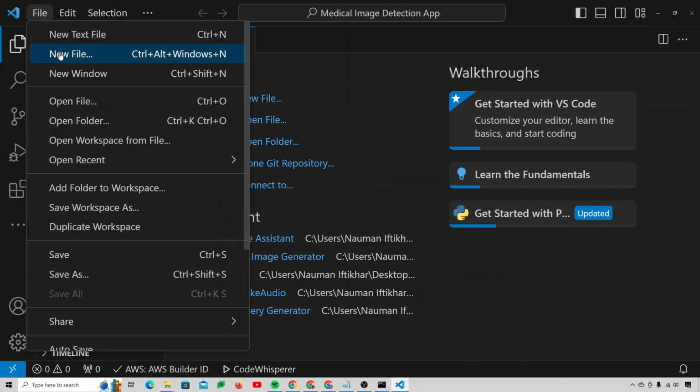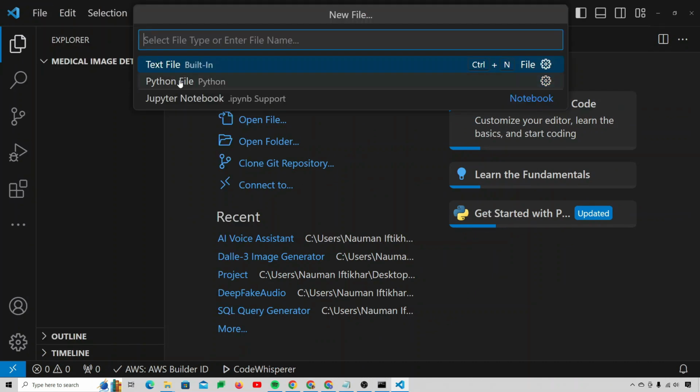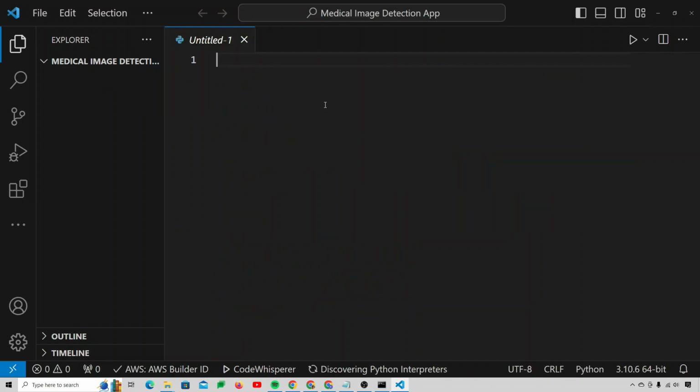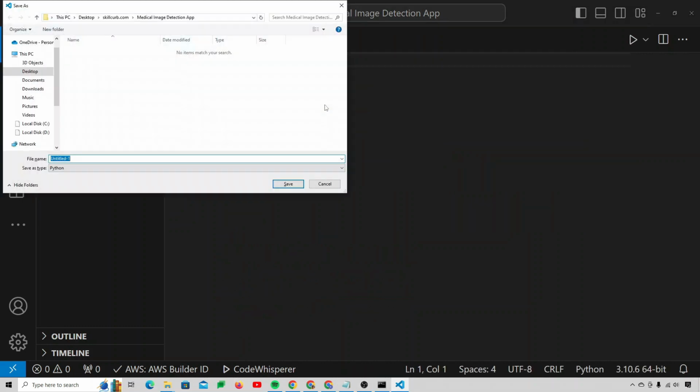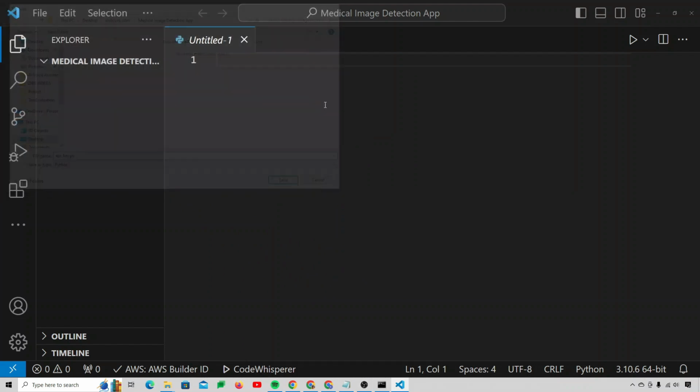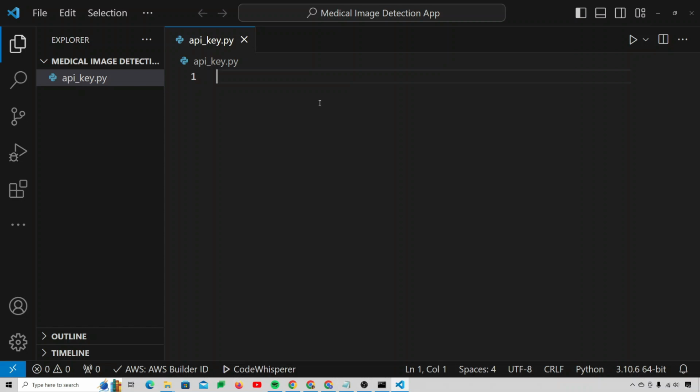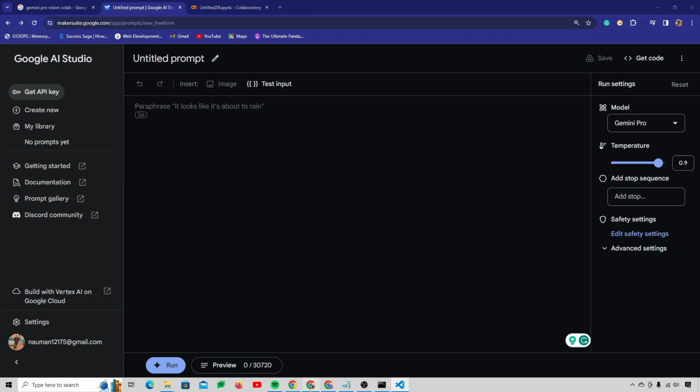Now what I need to do is simply create a file. This file will be a Python file. I will save it as api_key.py. This file will hold our API key. So I can say api_key equals. This would be a variable. To get your Google API key, you just need to go to